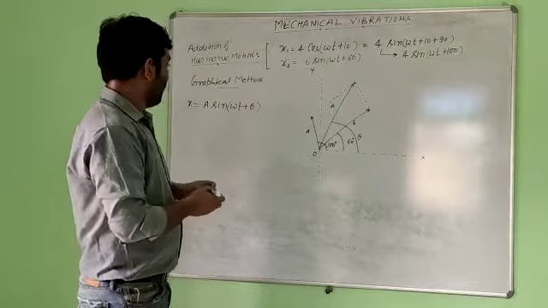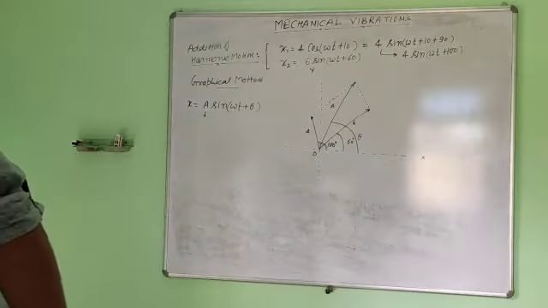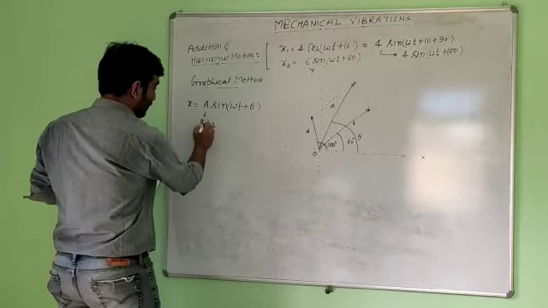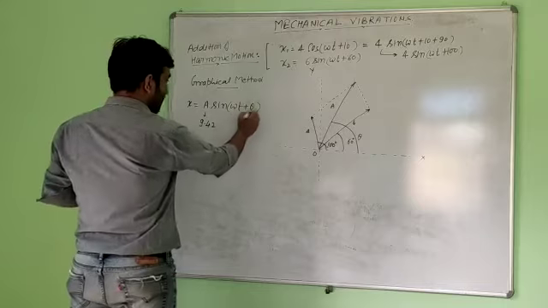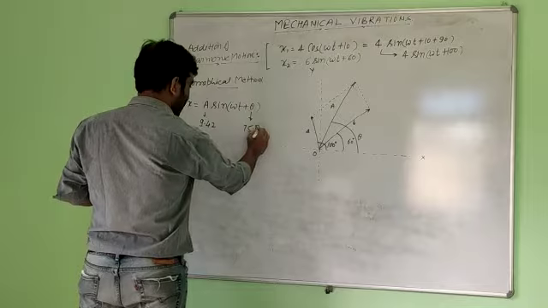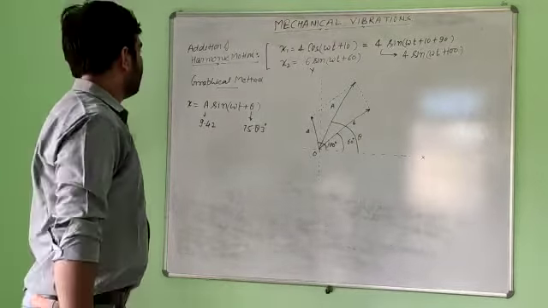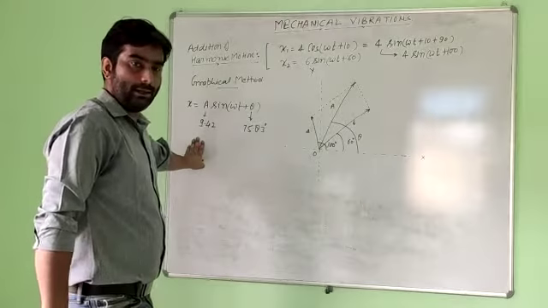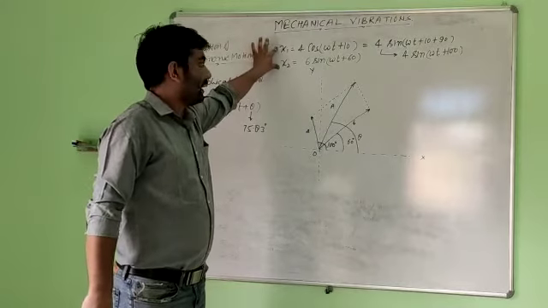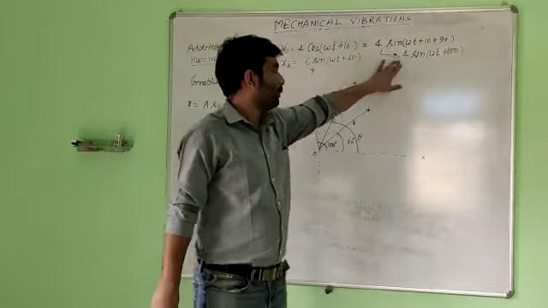Now this value is coming to be 9.42. 9.42 will be the length of that diagonal, and theta is coming to be 75.83 degrees. So we can solve our numerical with the help of the graphical method. What we have done: first we converted these two harmonic motions into a single form, meaning either sine or cos. We have converted the first one into sine form.